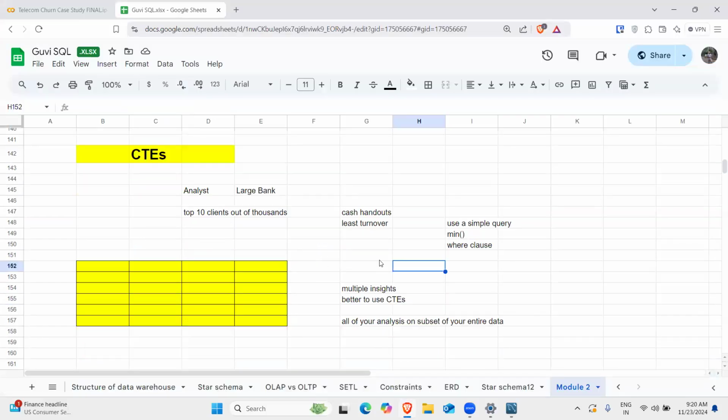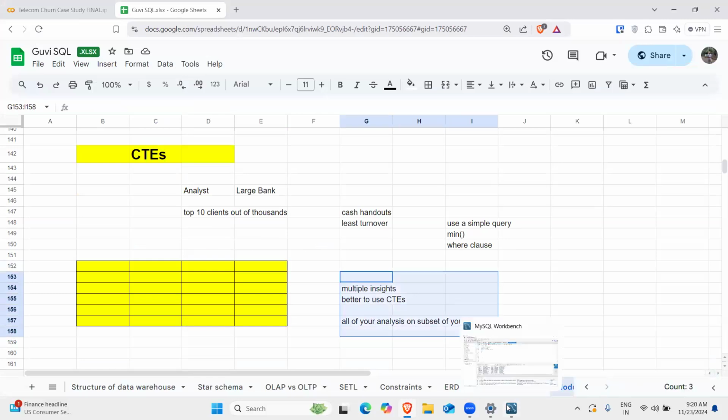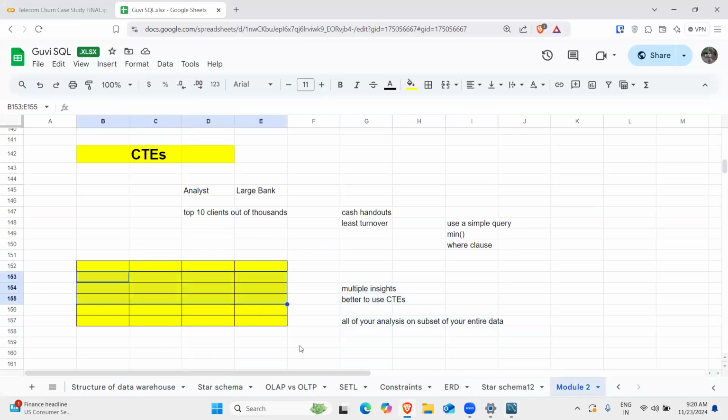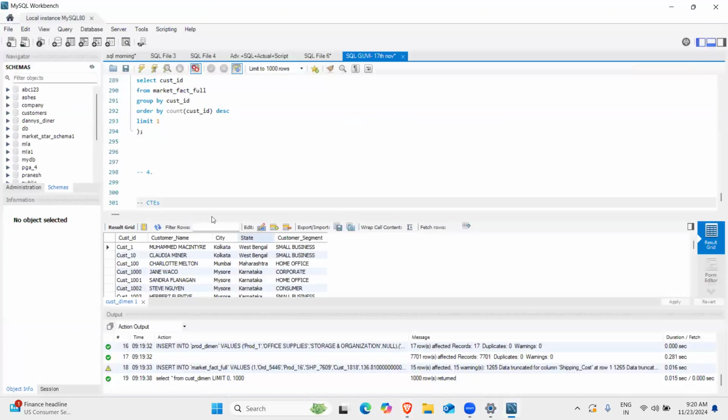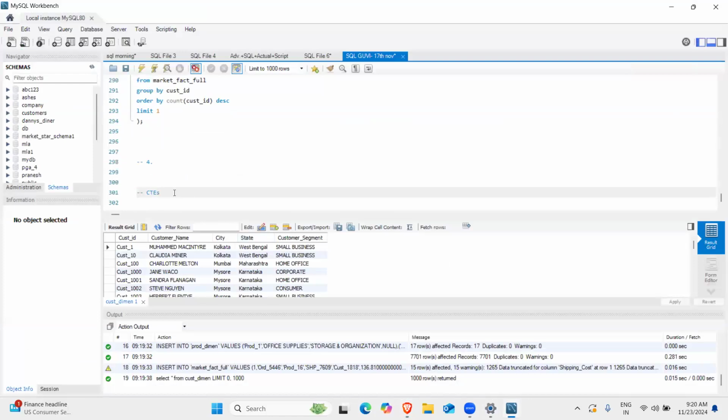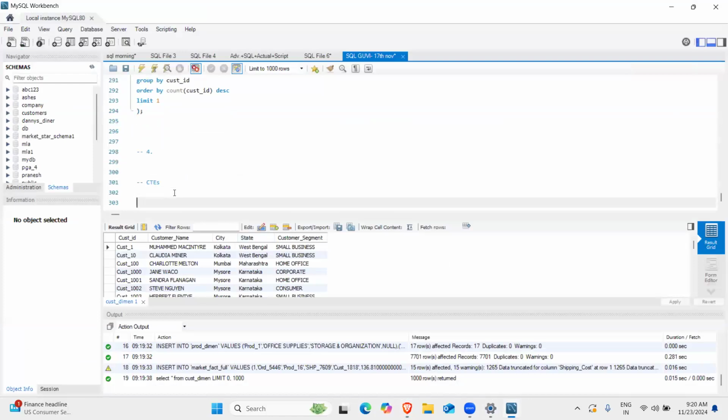A CTE is nothing but we are taking a subset of the query, a subset of your data basically. And that subset of your data will be useful, that we are going to use frequently, right? So the first question that we can have is to find the